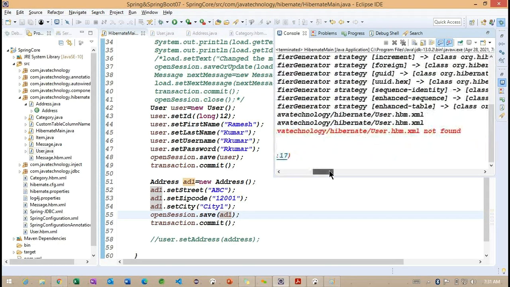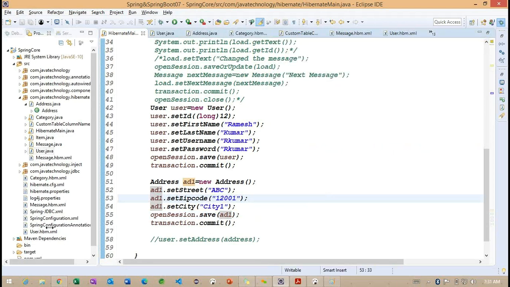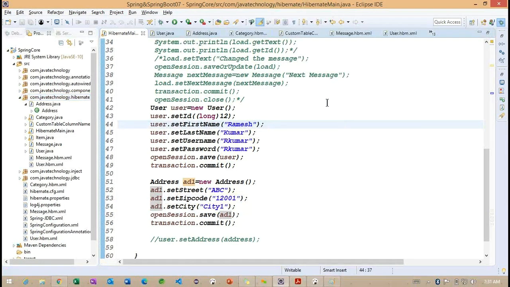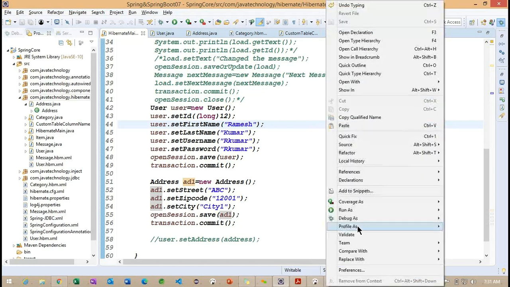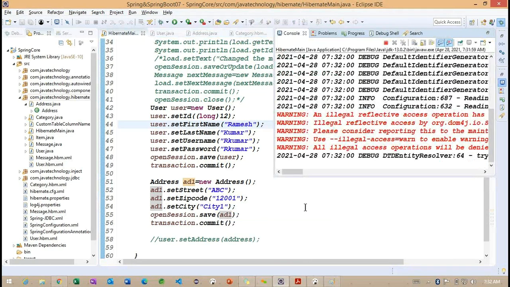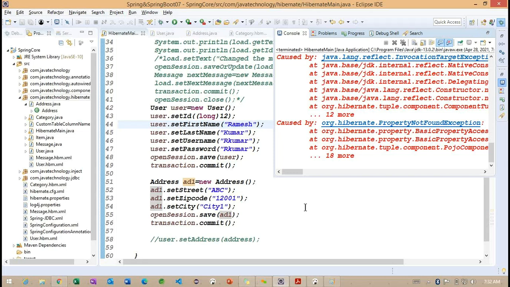So we'll try to run the same example. We'll see what are the exceptions we are going to get. So now user HTML not found. Okay. Because we created a subset that is like a class path. Inside the class path we created this particular user HBM file here. Now I change to the our package location, because so property not found. So which property we are not finding?